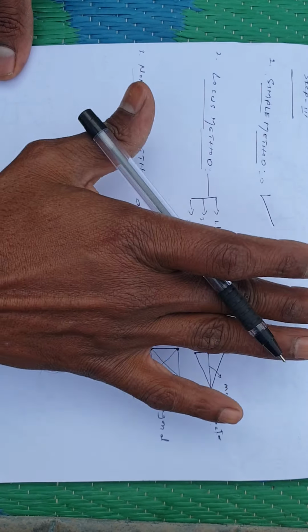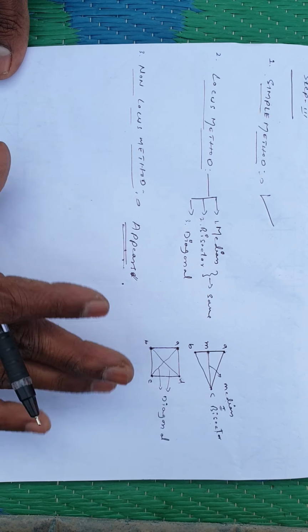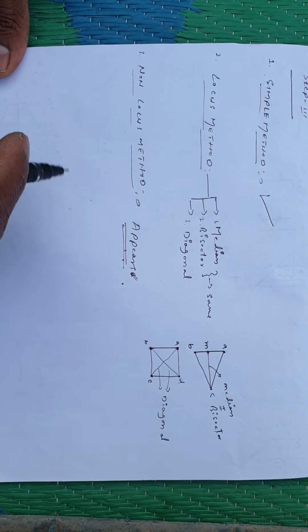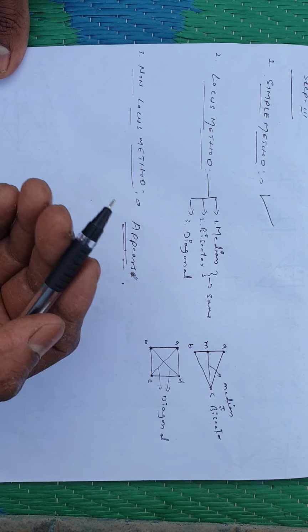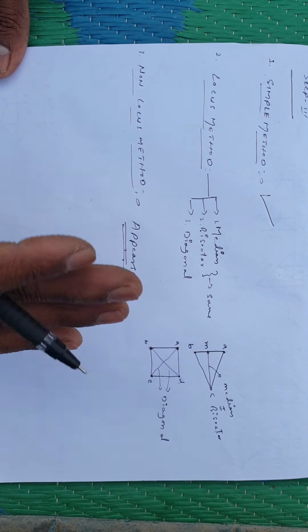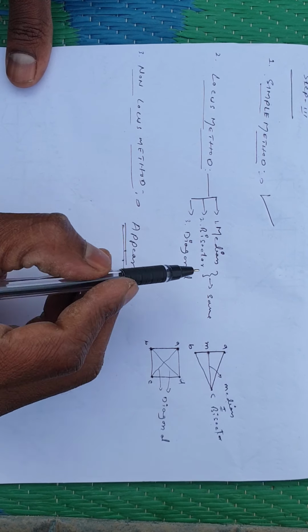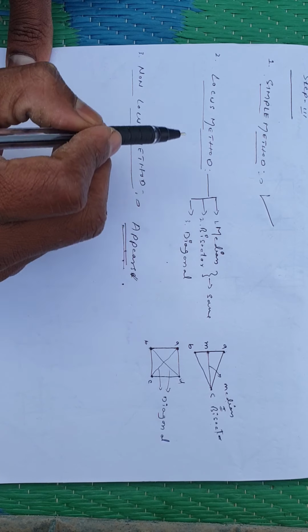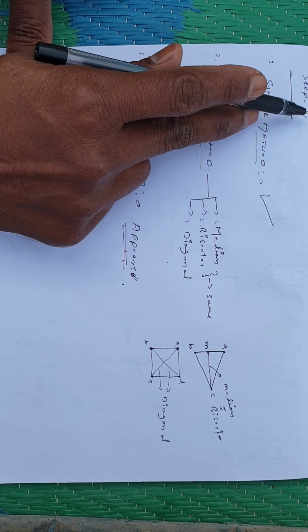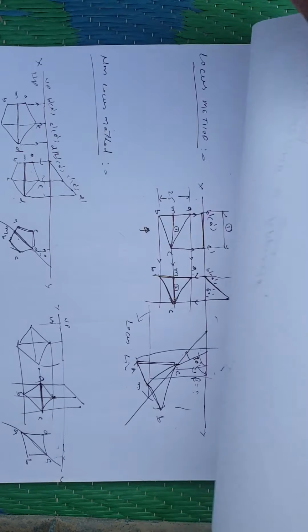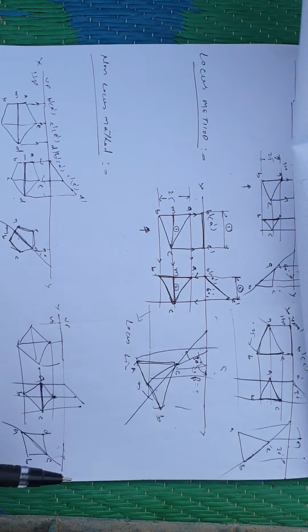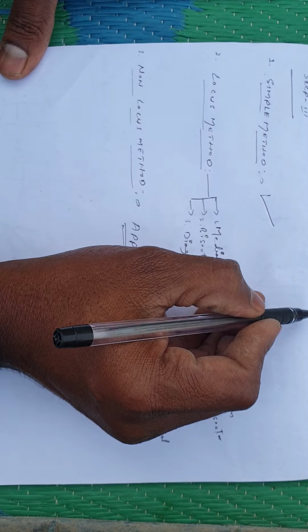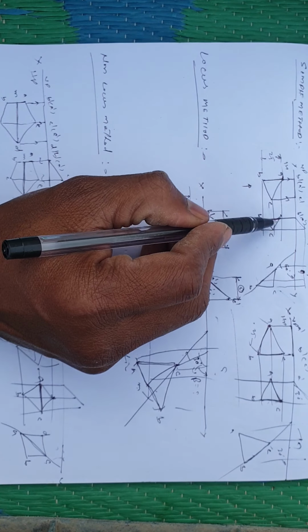So please remember, the third step can be completed by using three methods: simple method, locus method, non-locus method. When do we go for the locus method, the simple method, or the non-locus method? Just remember, if the word median or bisector or diagonal, any one word, is given, the third step should be completed by using the locus method. The locus method is the standard procedure as we discussed. If no word is given, then by default you go for the simple method, the perpendicular side concept.